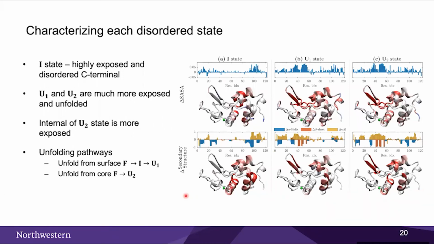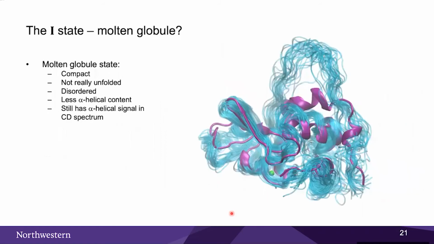If you look at the change in the secondary structure, what baffled us is that the I state actually lost a lot of helices, but it's really strange because it is still very compact, with a radius of gyration of about 16 angstroms. So we tried to find out why, and we noticed that we can also show sample structures of the state. It turns out the structure looks like this for the I state. We thought that this might be the molten globule state based on the radius of gyration and the look of this ensemble structure.